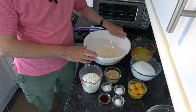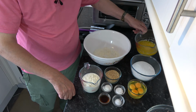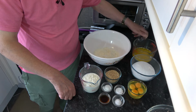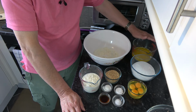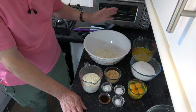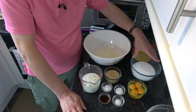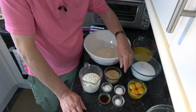And so for the ingredients, I have 330 grams of plain flour. I have 280 millilitres of melted butter. Now you could use oil, and if you wanted to use oil it would be 240 millilitres of oil, but I prefer butter in cakes. The oil for me gives a slightly strange taste, even if it's flavourless oil. I have 400 grams of caster sugar or granulated sugar, 4 medium eggs, that would be large in the USA,